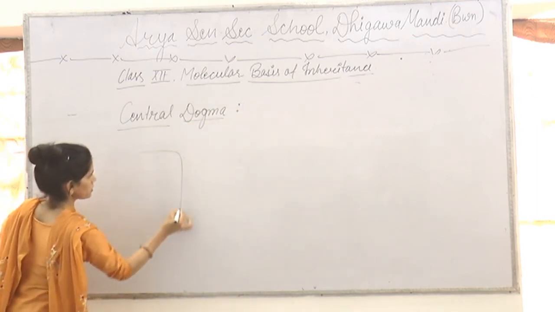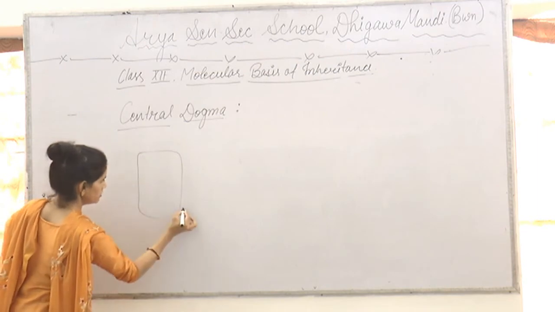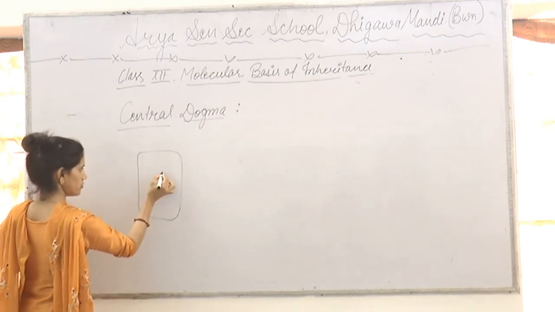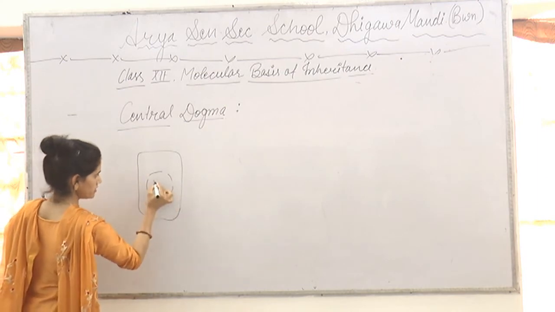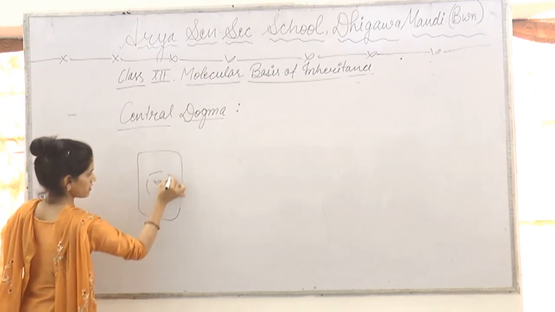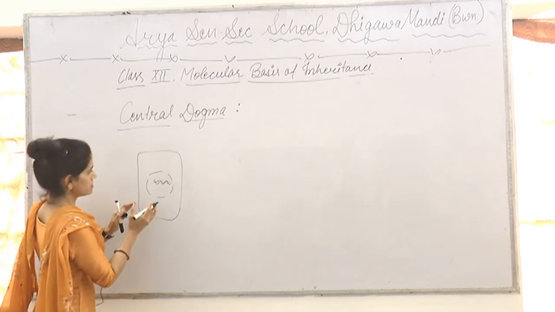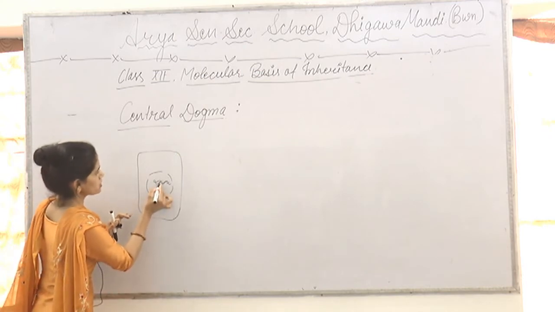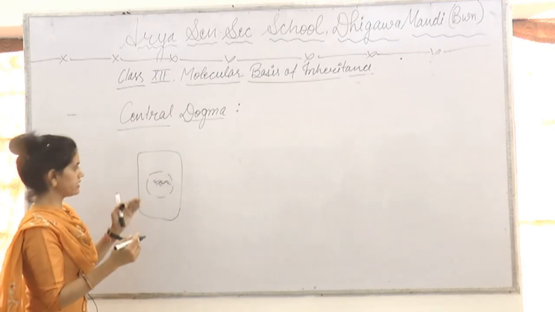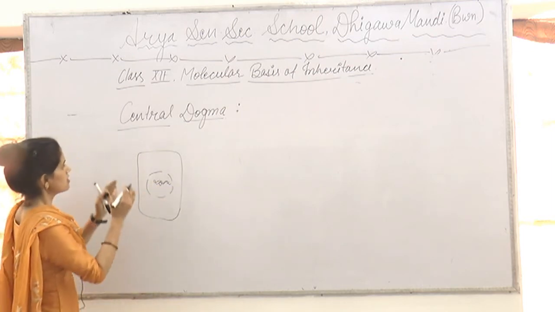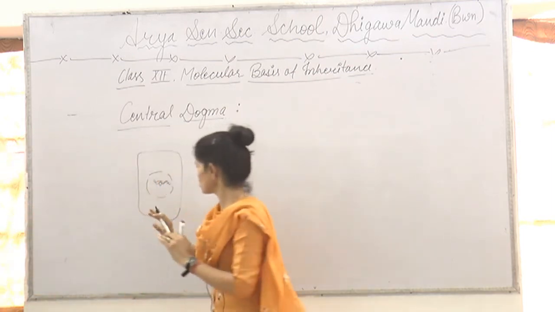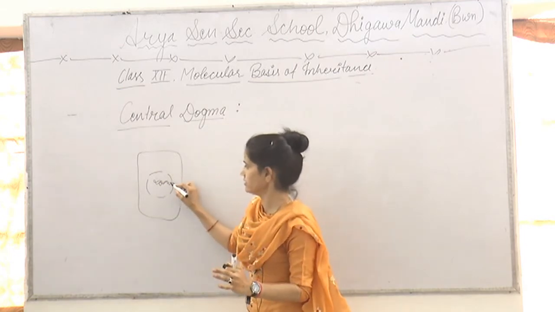We have a eukaryotic cell, the eukaryotic cell has a nucleus, and inside the nucleus there is DNA, linear DNA, and this DNA is associated with a special protein known as histone protein. Later we will discuss that. First of all, I want to say that this linear DNA,